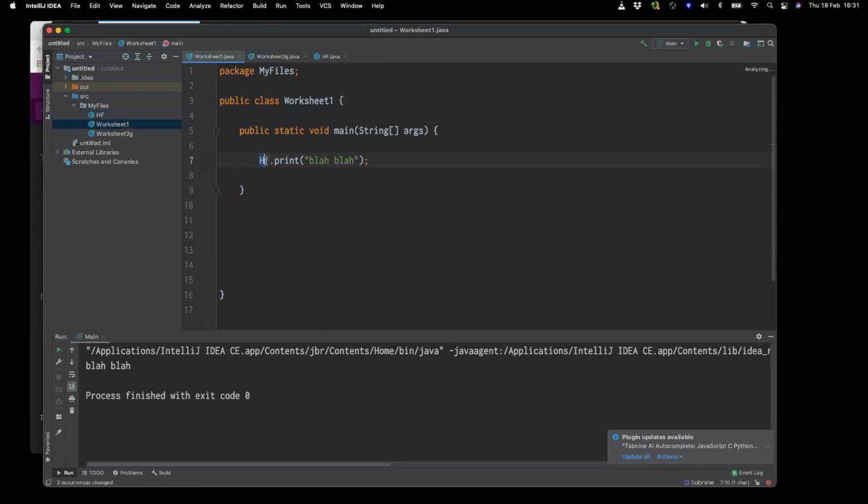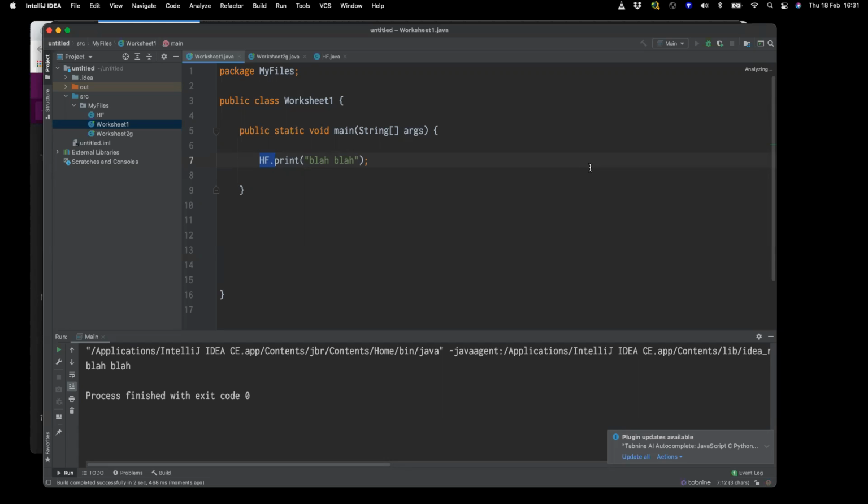And then you notice it says HF print blah, blah. Let's have a look. Let's run it. Let's see if that works. Now, why did that work? I'm trying to give you not the complicated, because we are trying to avoid the really complicated concept here, okay? That's coming in week 4, not in week 1. We're actually still at the tail end of week 1, right? So we don't want to overcomplicate it.